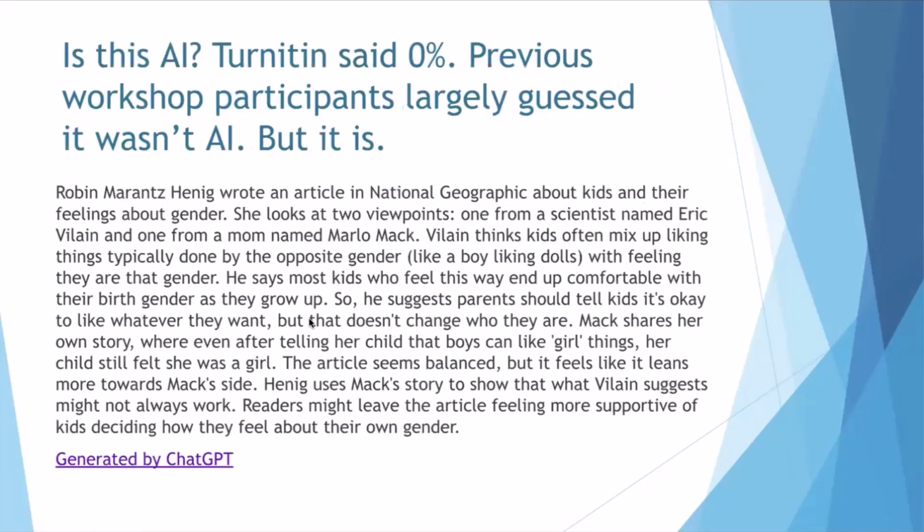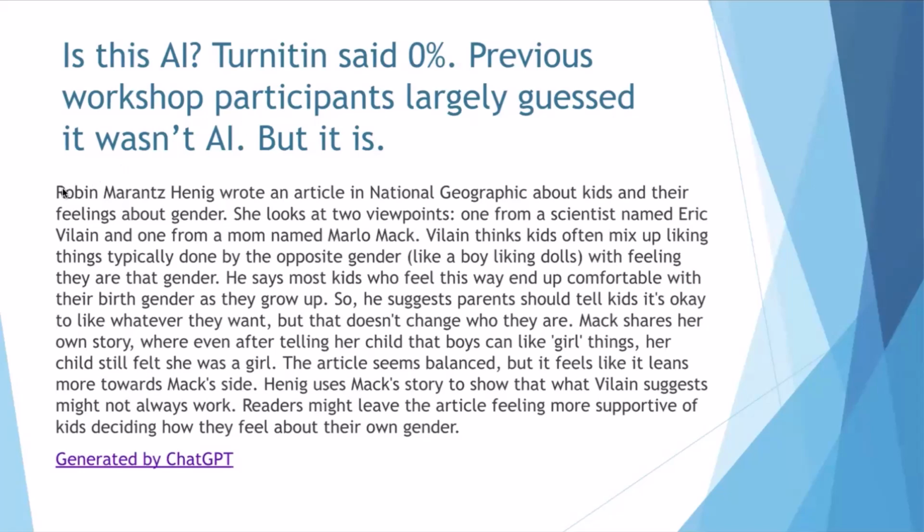So sometimes I do this little quiz, and I'm not going to quiz you because I decided this is kind of like a setup, but where I've given faculty 2 paragraphs and asked them to say which one is AI. It's been pretty consistent that people tend toward the wrong answer. So this paragraph is AI generated, but Turnitin said it was not AI. And previous workshop participants thought that this was the one that was real student writing.